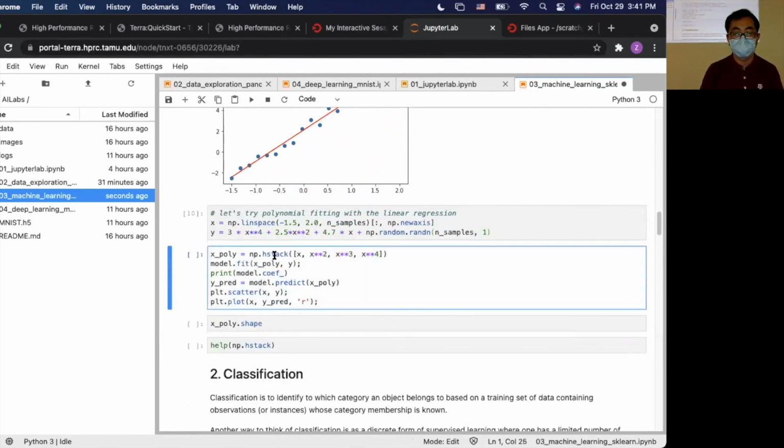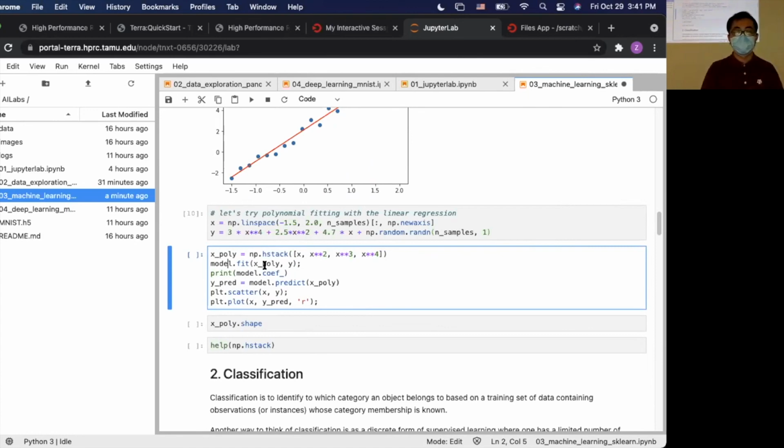How do we do that? We horizontally stack X and the polynomial terms. Because we have this model but want it to learn from a new data set, we use X polynomial and Y, and let the model learn from this data.